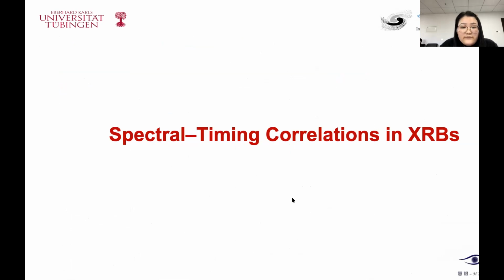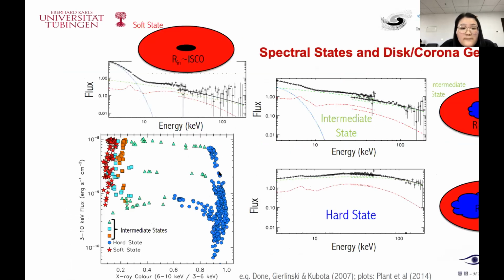In the following part, I will give a brief introduction about the spectral state divisions and also the timing correlations with the spectral states, especially in black hole X-ray binaries, before I go any further into the science output. When you look at the lower left panel of this diagram, you will see the Q diagram from typical black hole binaries during the outburst. So when the source goes through the outburst, it goes from the low hard state to the intermediate state and then goes to the soft state.